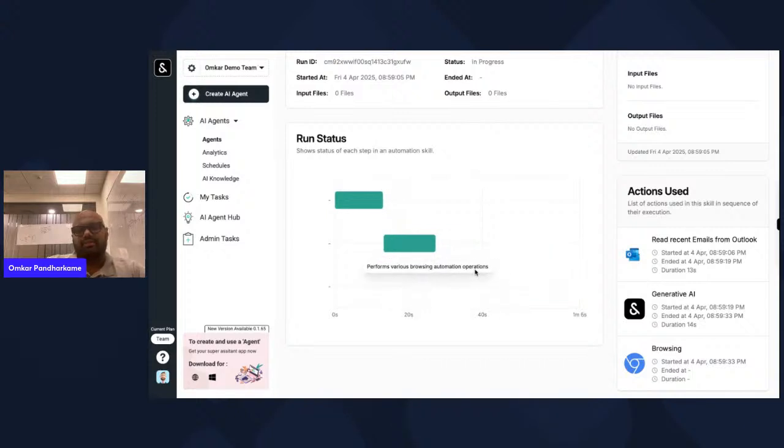Right now it has started browsing, which means that it is searching information about Rohan Sabnis and ID5. The AI agent will go through multiple platforms and try to find out who is Rohan Sabnis. What does ID5 do?